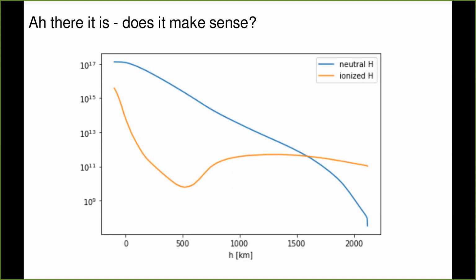What is interesting also is this dip here, and this dip of the ionized hydrogen exactly corresponds to the dip in the temperature, right? Yeah, Momo, go ahead. Why is the ionized hydrogen so flat? It's the same amount of ionized hydrogen for 8 scale heights, like the same number density. Is this just how the model comes out? It's just how the model comes out.